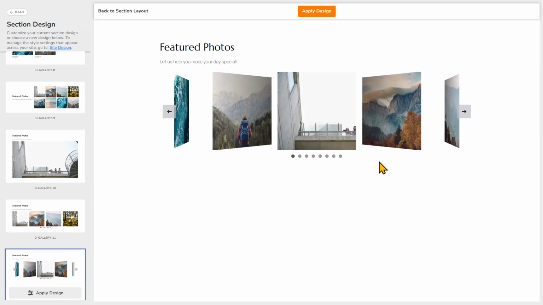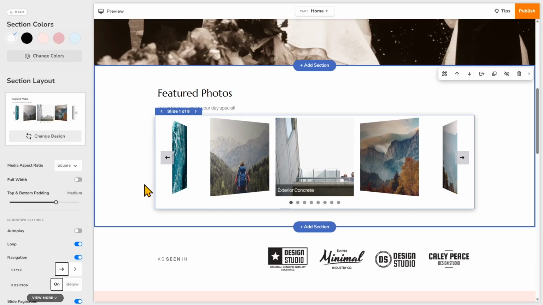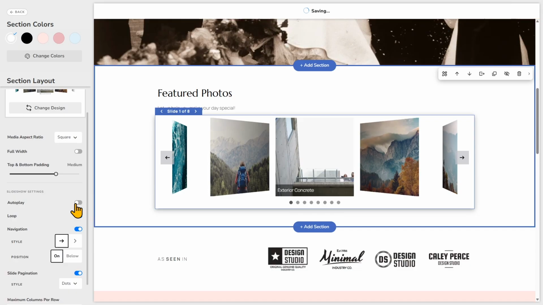So this is a rough preview of what that design will look like. We'll click Apply Design. And this design is similar to the previous one as it shows multiple images at once, but this one puts the focus on the image in the middle, while the images around the center are like a preview. And the effect as you go through the slider is as if the images are slowly being revealed once they reach the middle. So this slideshow design can add more excitement and originality to your website. So I'll just reset those settings for this design.